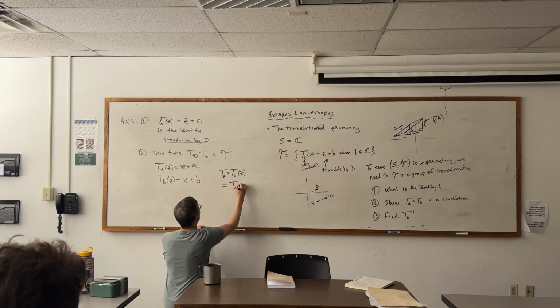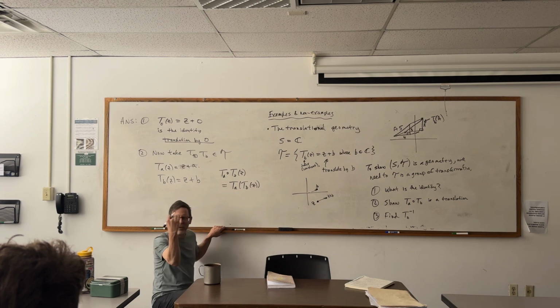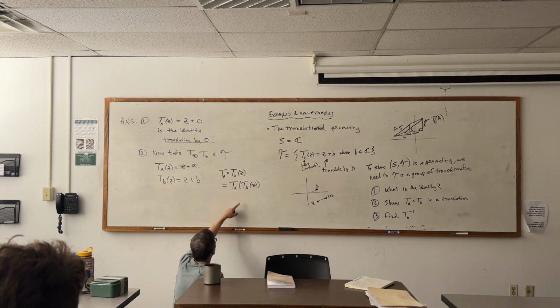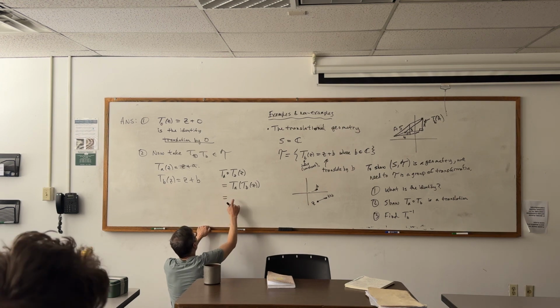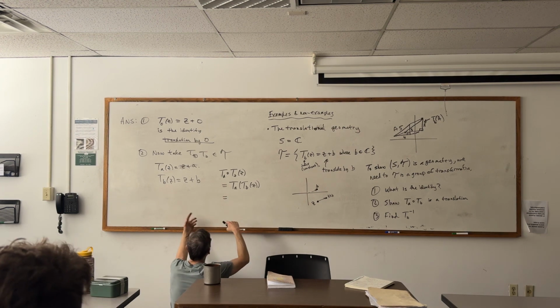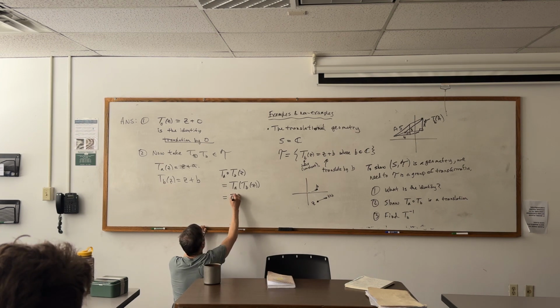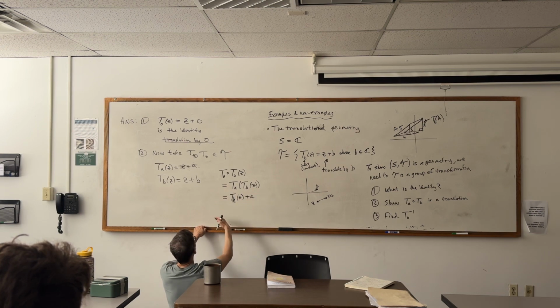Let's first write out this, just to be a little bit more refined. But you just jumped right to the end. So then, what would this equal? Where would you go with this one? There's like 2 ways you could go. So you could put T_B of Z plus A. I love it. Substitute it into the equation. Thank you, that's beautiful. So just T_B of Z plus A is that, and then substitute the equation. Exactly. And then this is just Z plus B